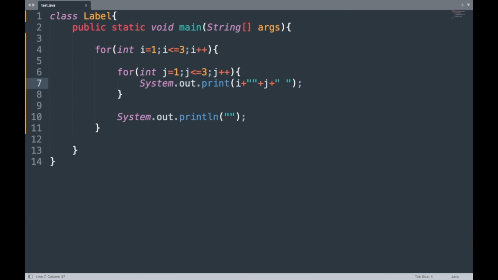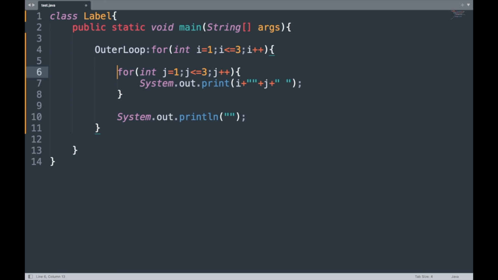Now let us understand how to use labels in iteration statements. Here we are using a nested for loop. We can write something like this before the for statement: outer loop, then the colon.